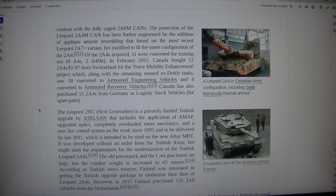The protection of the Leopard 2A4 MCAN has been further augmented by the addition of applique armor resembling that found on the most recent Leopard 2A7 Plus variant, but modified to fit the turret configuration of the 2A4. Of the 2A4s acquired, 11 were converted for training use: 9 A4s, 2 A4Ms. In February 2011, Canada bought 122